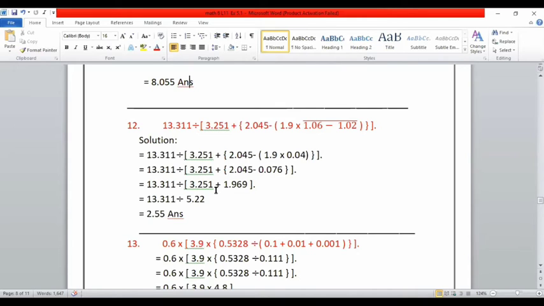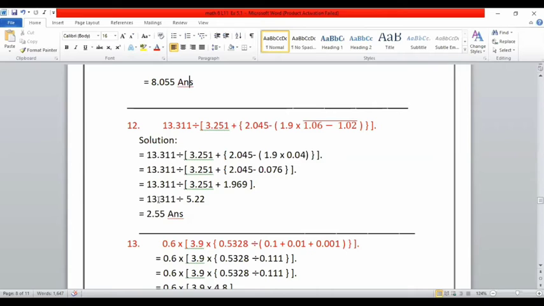1.969. Dear student, here we remove all the brackets, and this is the turn of the square bracket. After plus, 9 plus 1 is 10, 1 carried. Here 6, 5, 11, 1 carried, 12, 2 comes here. Again here 11, 1, 12, 1 carried, point under point. Here 3 plus 1 is 4 and 1 carried, 5. Means 5.22. The 0 is not necessary, it will come in the last, but if we don't write it, no problem.